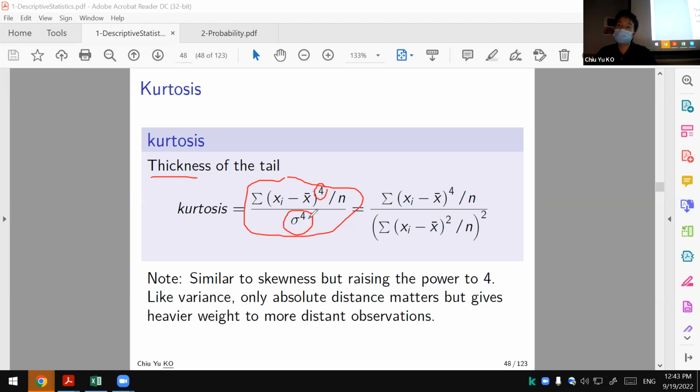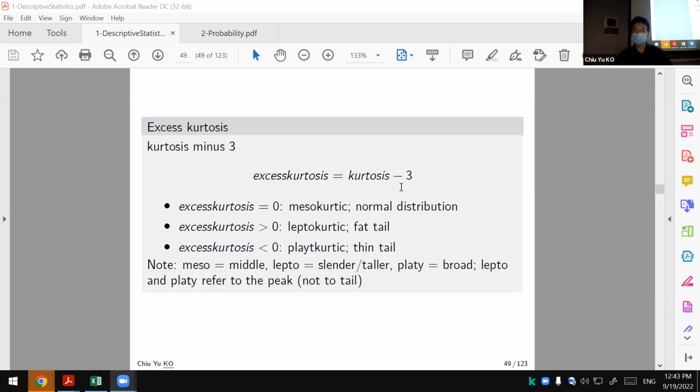So basically, we're just checking for outliers. Checking there's a lot of outliers. And as a comparison, skewness is compared to 0, whether it's zero or non-zero. Kurtosis is compared to the benchmark of 3. You compare to 3. If it's bigger than 3, then it has a much thicker tail than a bell curve,